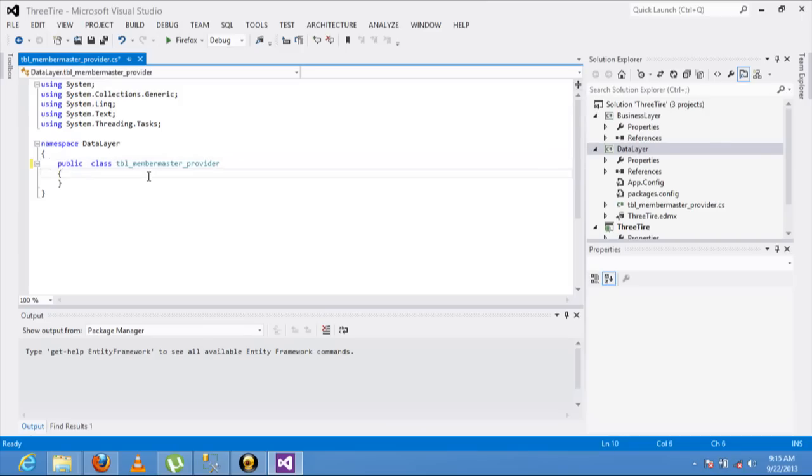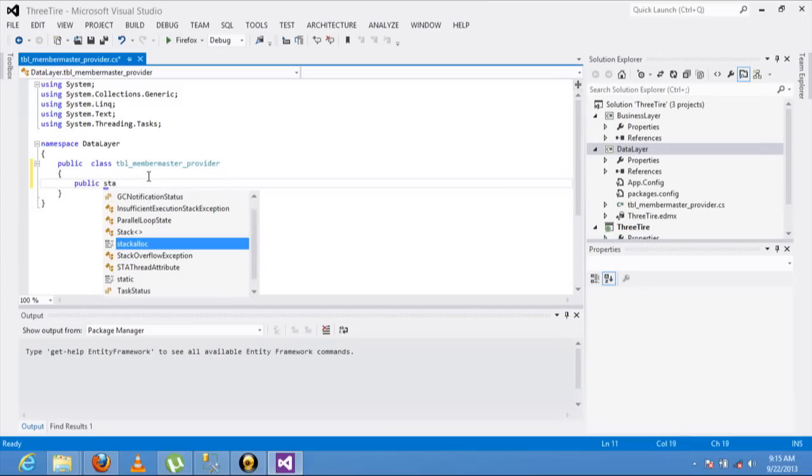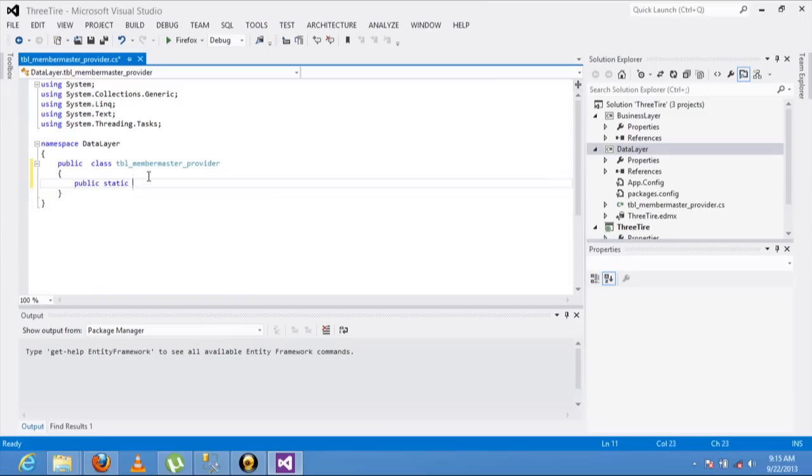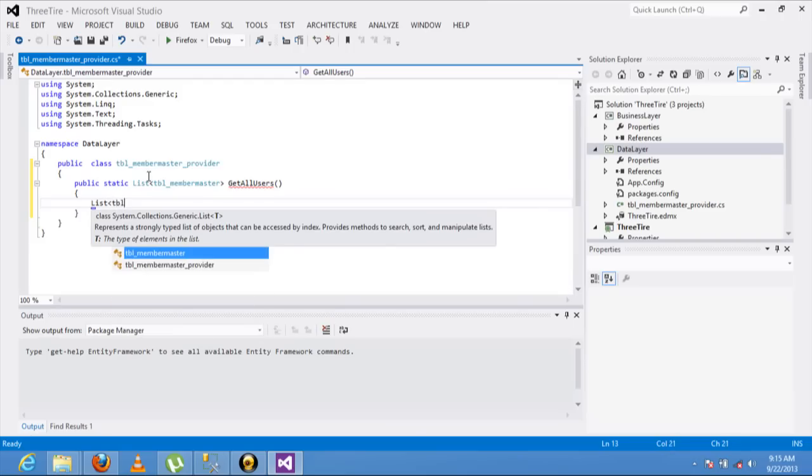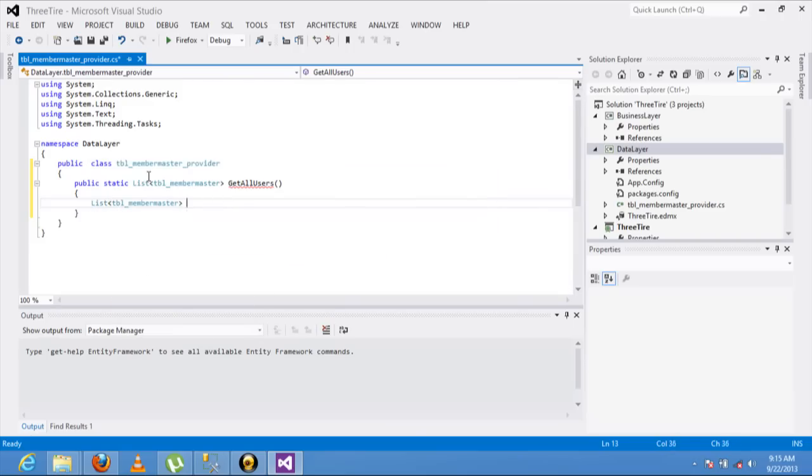Now create a public method in it: public static, a list of tbl_member_master, list is equal to null.